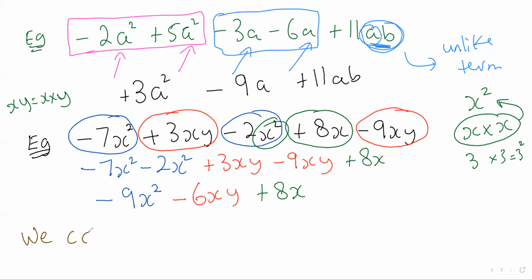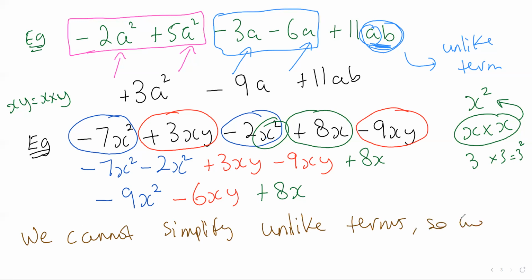We cannot simplify unlike terms. Basically, we cannot simplify them using the laws of directed numbers. So we leave them as is, right? And if you understand these 2 examples, we're ready to move on to